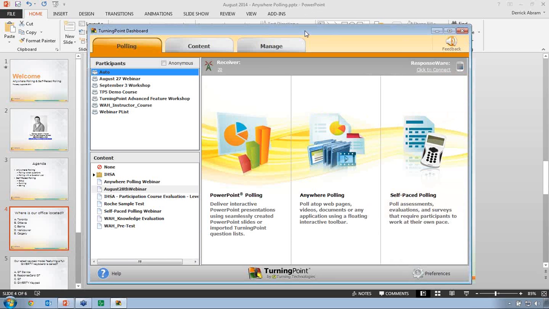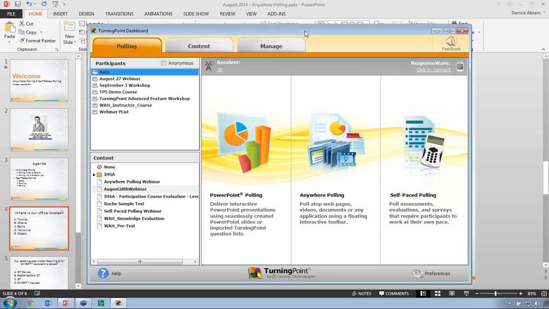However, if you play around with it a little bit, you'll find that it's very, very similar to what we saw in PowerPoint polling. So what we're going to do now is I want to jump over to self-paced polling for a little bit because it's a really cool feature of Turning Point, and it's really super easy to use.